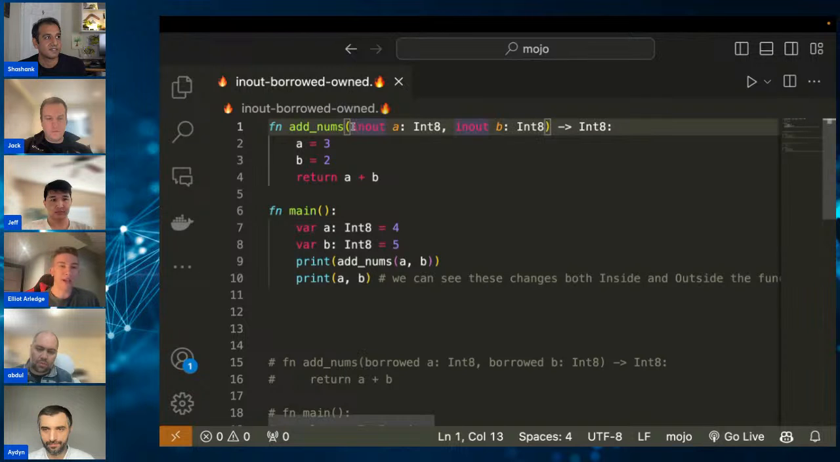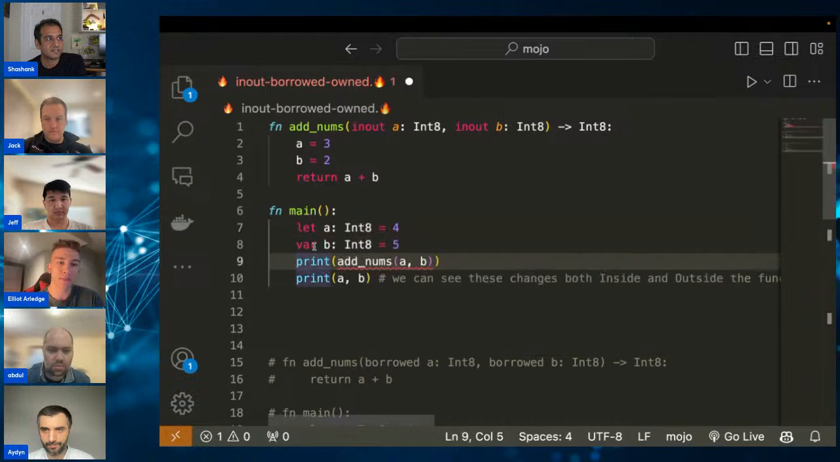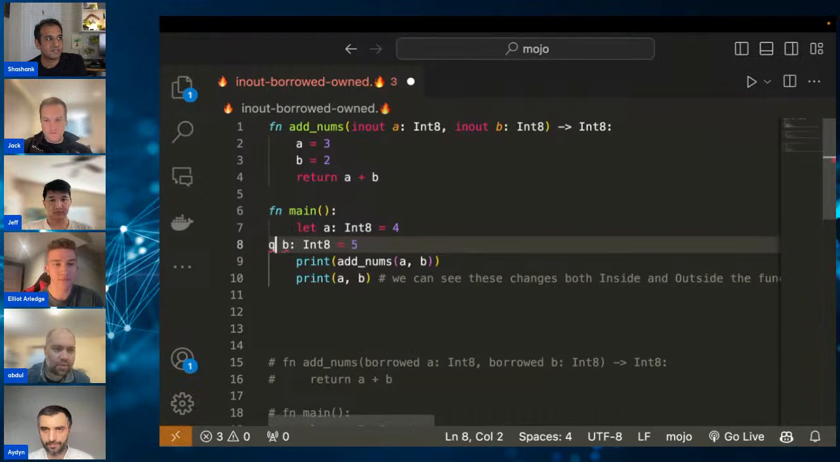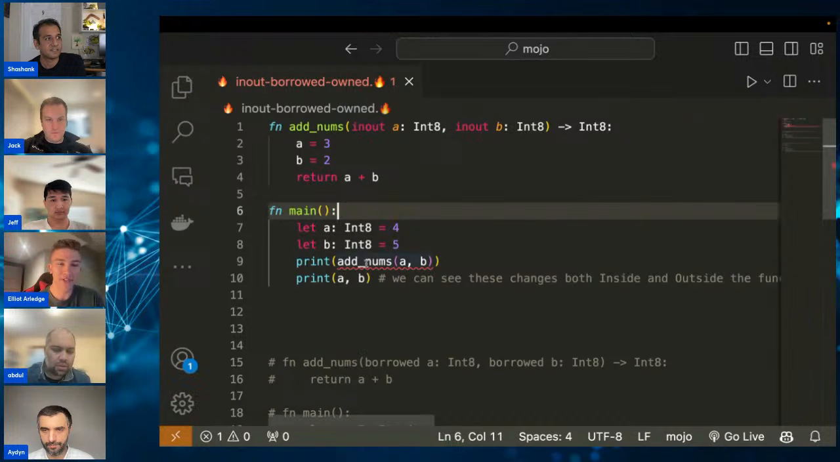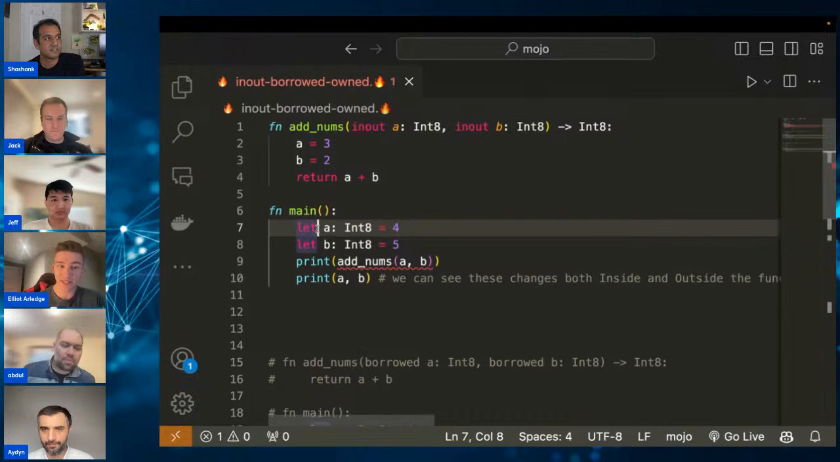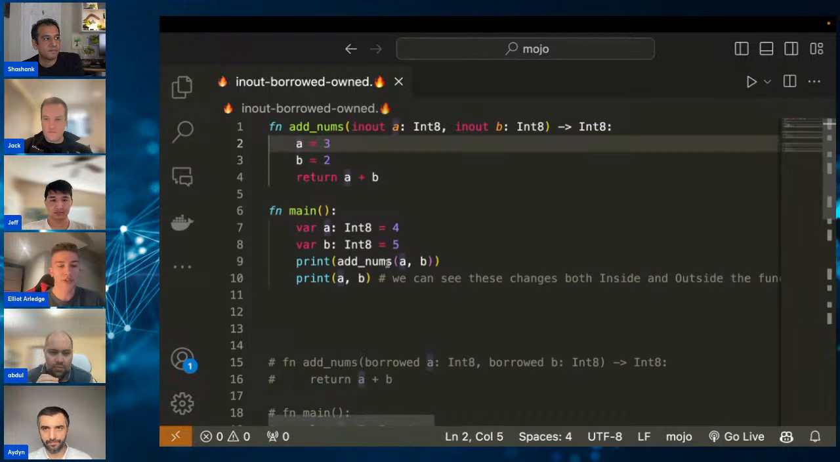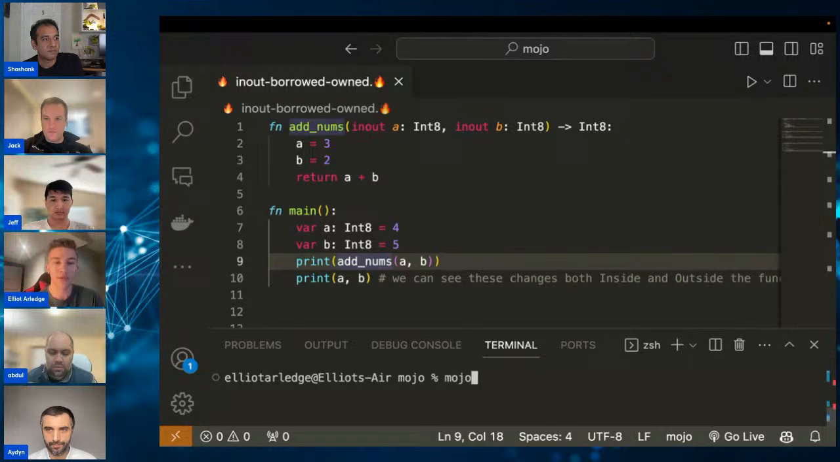In-out is pretty much you're essentially passing values into it, and they're explicitly mutable because we set them to var. If we were to set them to let, we'll see that we get an invalid call. Argument must be mutable. So let is immutable or constant, and var is variable, hence the word var. And so all this does is we simply call add nums with these two function parameters, and we get a return value. So if I go ahead and run this script here, so we go mojo,